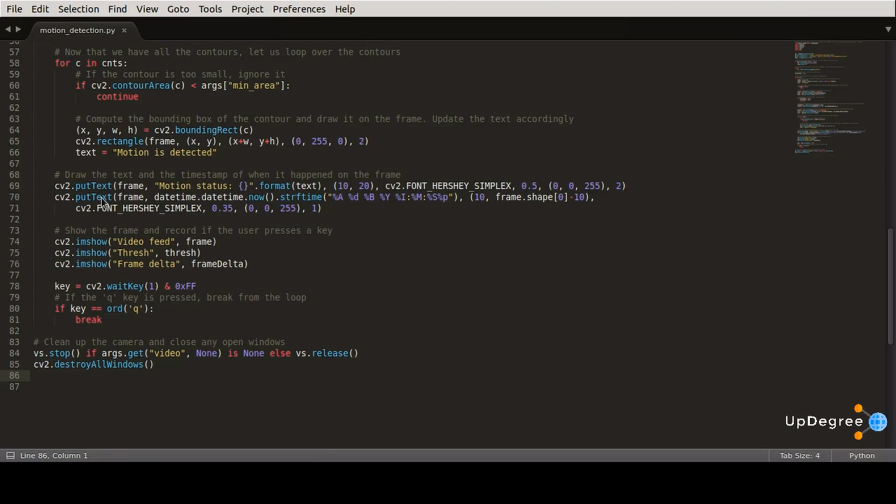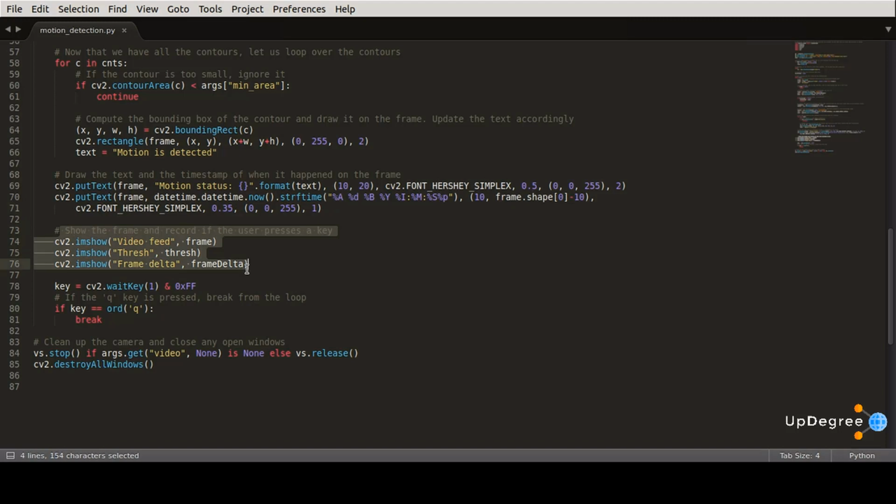So in this code snippet, we are just wrapping things up. We draw the status on the image in the top left corner, followed by a timestamp on the bottom left. So in these two parts, we are just displaying what is the status of the motion on the top left and the current date time of when the motion was detected on the bottom part. So here we are just specifying the font, the opacity, the color, and where we have to put it.